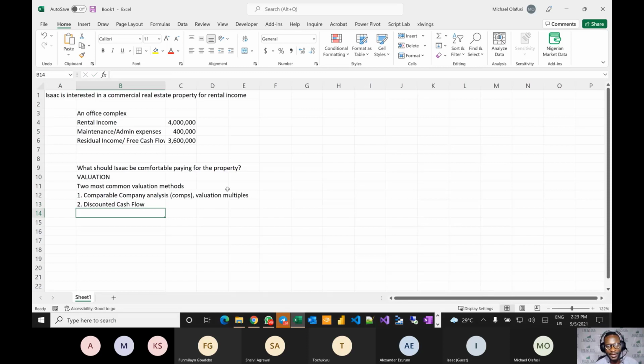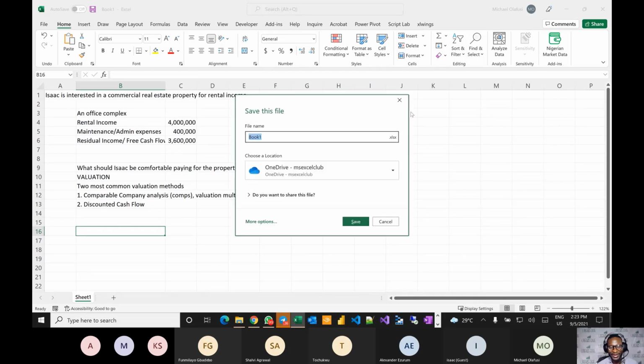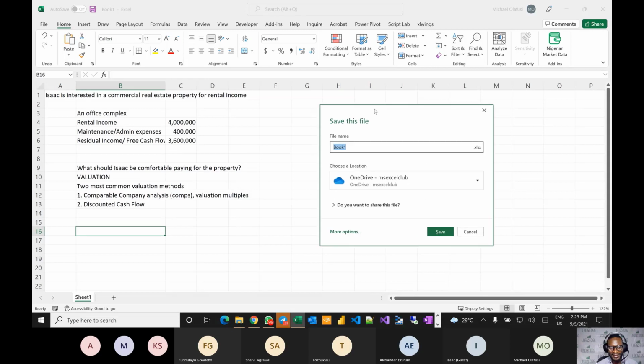So how are we going to apply? Let me start, like I said, from what we know to what we do not know. So Mr. Isaac, you're the one buying the property, so let us ask from you. If you want to buy a property and you want to know what's the fair amount, what are you comfortable paying for that property? How will you go about it? Just tell me naturally what you will do. Don't try to overthink it.